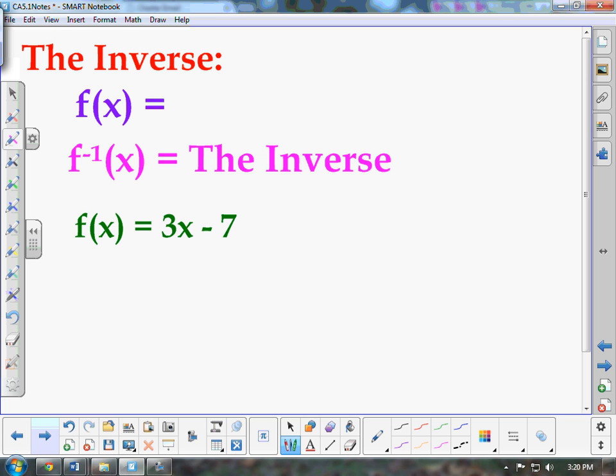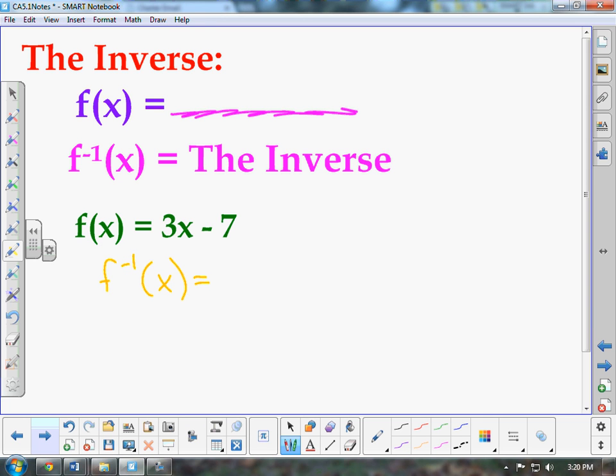The reason that is important is because of this right here, the inverse function. If you have a function, no matter what it is, f to the -1 power of x means find the inverse of that function. So if we have f of x equals 3x minus 7, and we want to figure out what the inverse is,